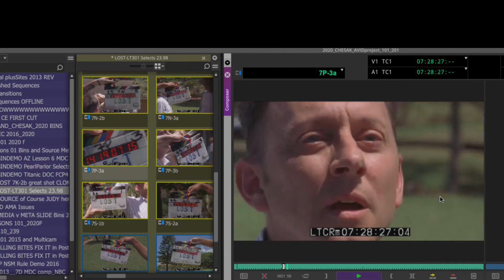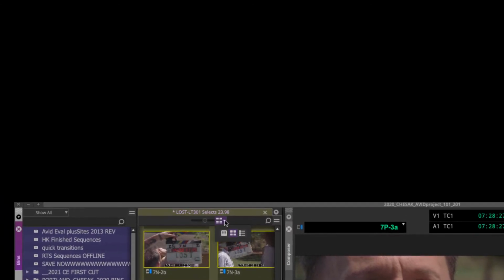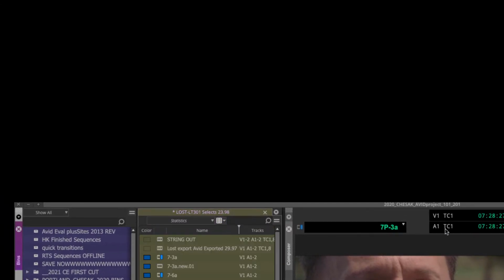So J, K, L are handy. And that all works in the source window, the clip monitor, if you want to think of it as the clip monitor, as it does in the bin in frame view. So I'm going to put this back into list view and step back for a second and talk about track